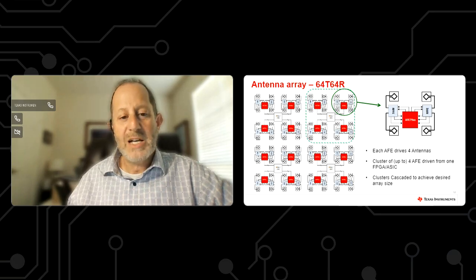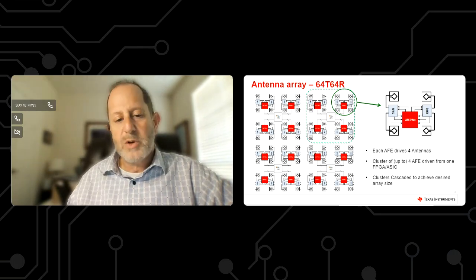How big is your system going to be? Well, we can cascade these tiles appropriately. So if you need to build a 64T, 64R, we'll propagate 4 of those larger tiles, but this is very scalable. We can go up to much larger systems as needed with just the propagation of the same kind of tile structure. Very flexible type solution.